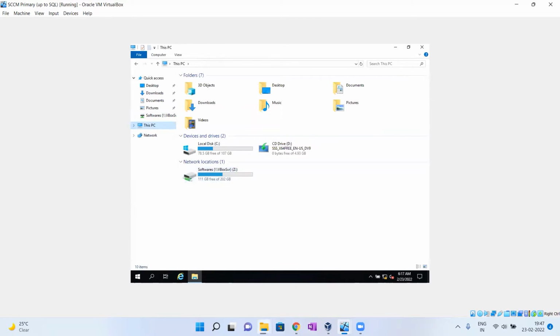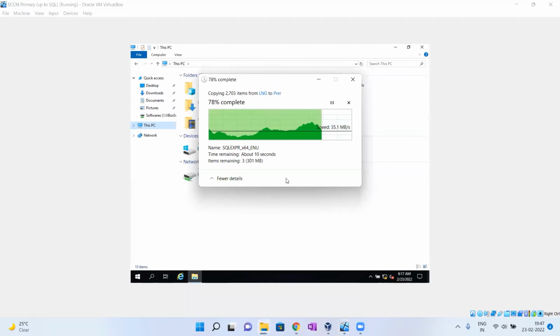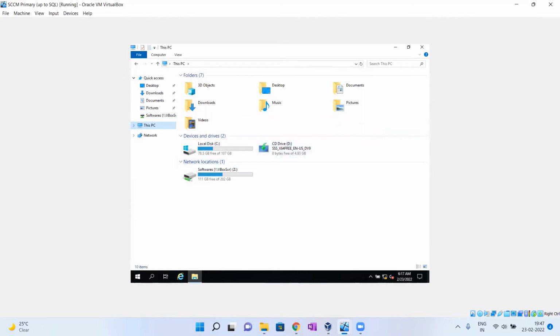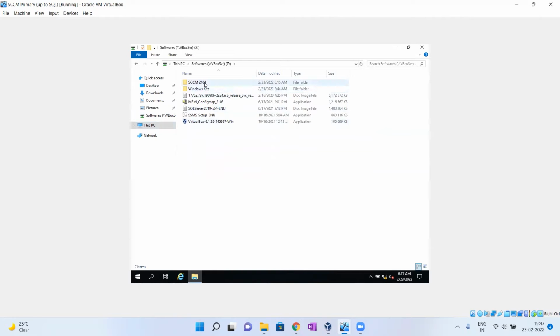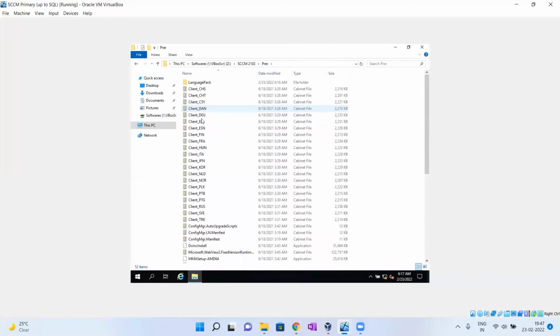Let's wait for this file to finish copying. The copy is completed. Now go to the Z drive. Here, this is the folder we extracted, and here are the language packs we downloaded.